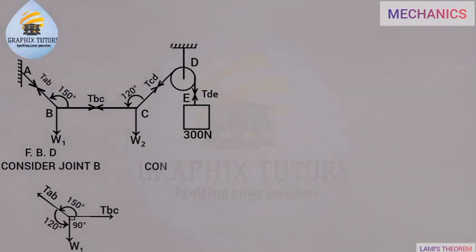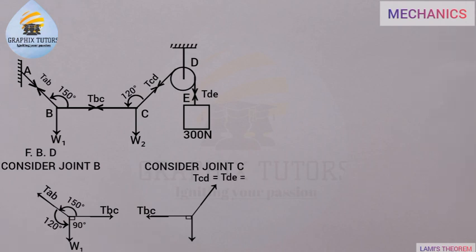Now, similarly, we'll consider joint C, and we'll have this. Is that taken? So we'll be having the tension along CB, which is also called TBC, or we say TCB, the same thing as the previous one, because they are acting along the same line. And we also have the tension TCD, which equals TDE, and that is given as 300 Newton. We also have the weight acting downward, which is W2, and the angle at which TBC and TCD are inclined to each other is